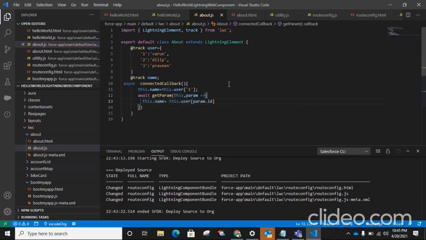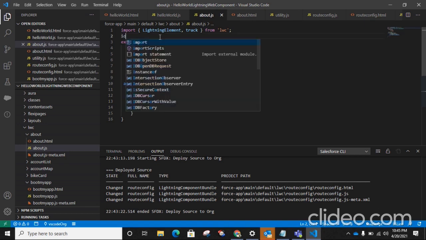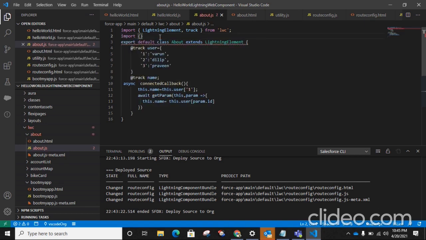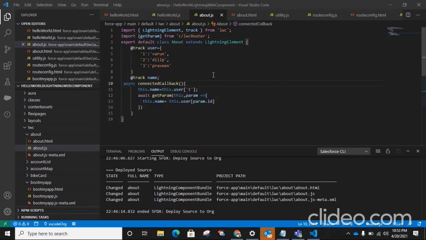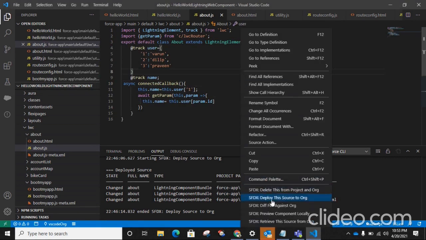Just let's import getParam from LWC router. Let's continue with the deployment of this about component.